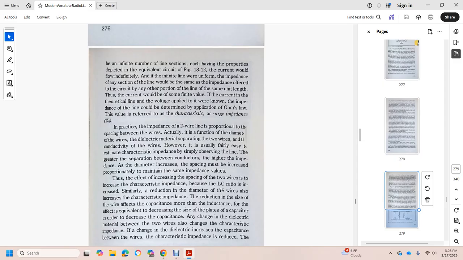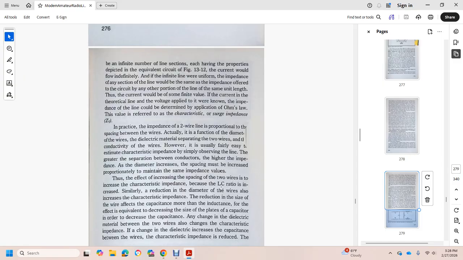diameter of the wires and the dielectric material separating the two wires. It is fairly easy to estimate the characteristic impedance simply by observing the line: the greater the separation between the conductors, the higher the impedance. As the diameter increases, the spacing must be increased proportionally to maintain the same impedance values. The effect of increasing the space between the two wires is an increase of the characteristic impedance compared with the inductor and capacity ratio, with a similar reduction of the two